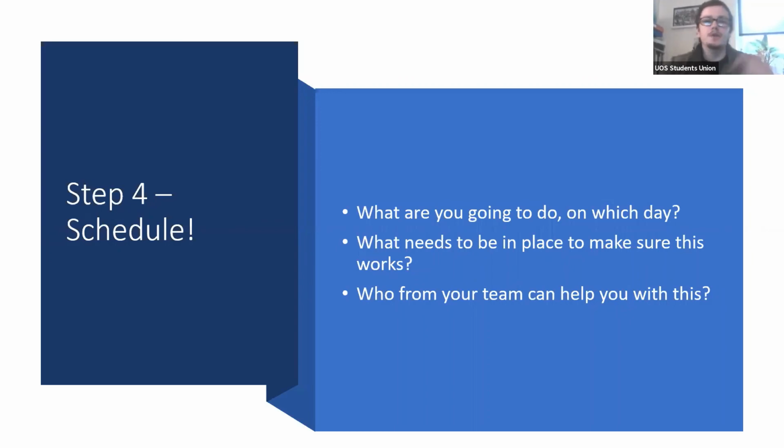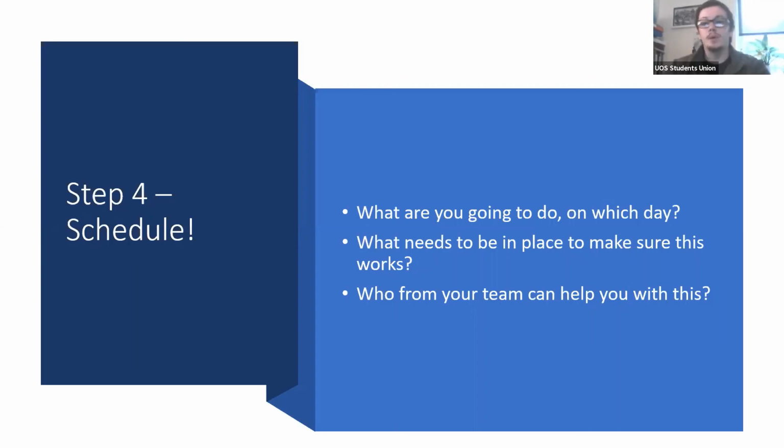So you've got your message, you've got your campaign team, you've developed a load of great materials, whether it be stuff you're going to share on social media, whether it's posters, whatever it is. The final 2 points then are schedule. So look at the voting week. You've got all the dates in the handbook. Even before voting week, decide when things need to be done by to make sure you're going to get everything in time and done in time.